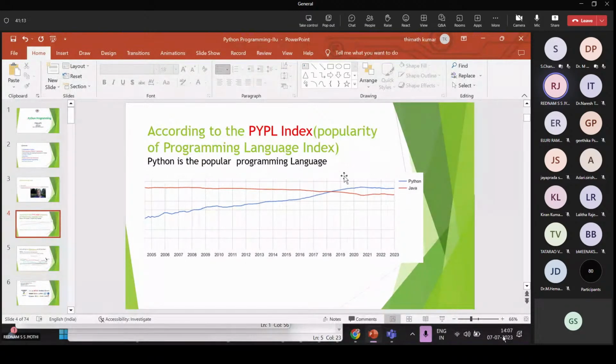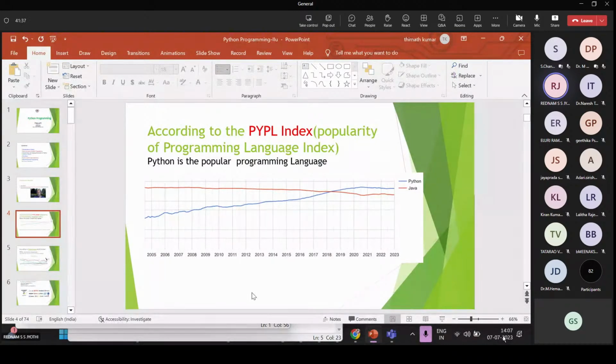This is the graph related to the PYPL index, which is taken from Google. From 2018 onwards, Python has been the most powerful language, and all types of applications and all types of industries use